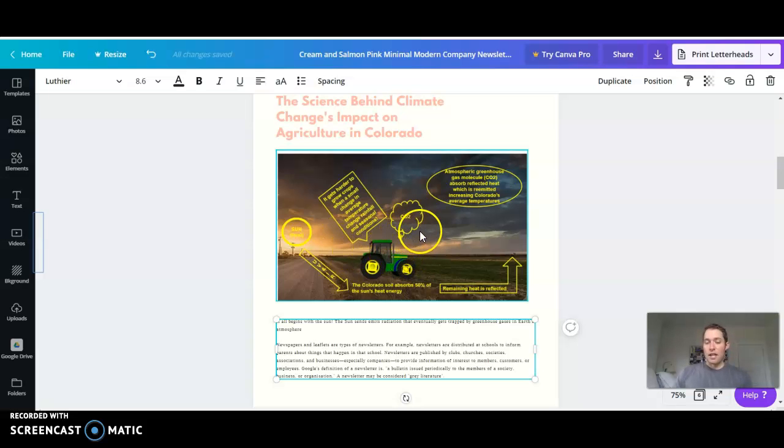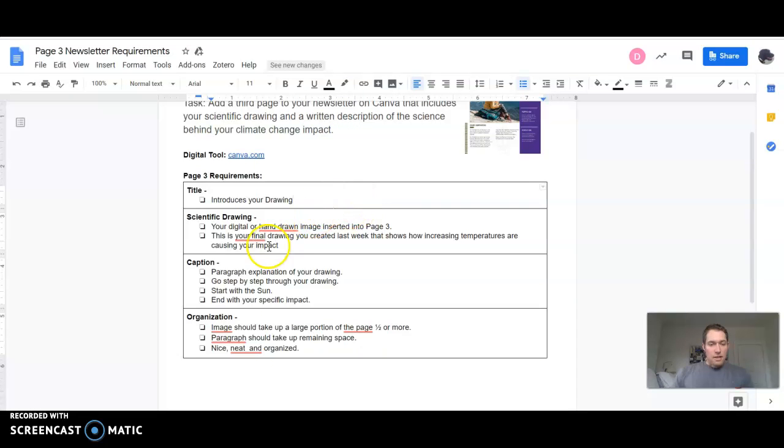All of that obviously tied into the fact that these greenhouse gases are collecting more heat, which is then changing the global average temperature, which then is changing the climate, and then eventually comes back and affects and makes this impact drastic. So below it, if we go back to the requirements, I have my caption, which talks about a step-by-step